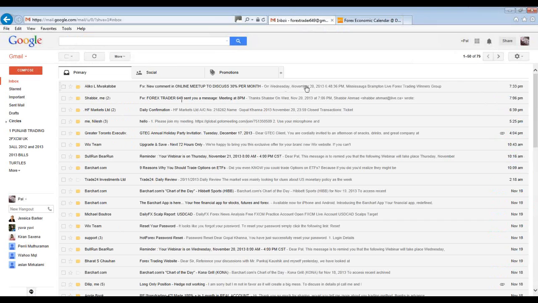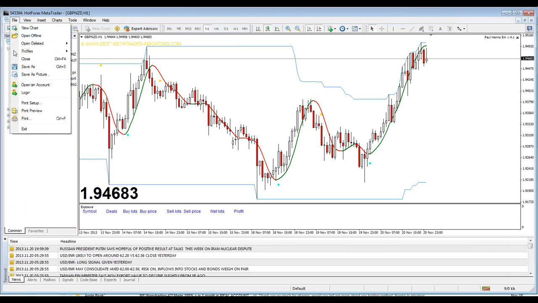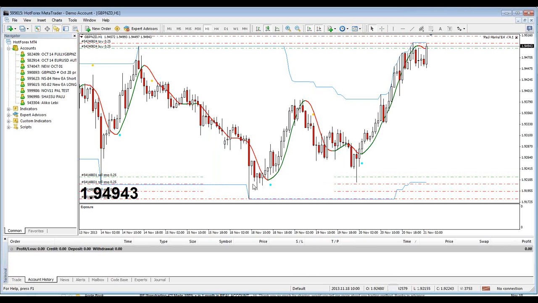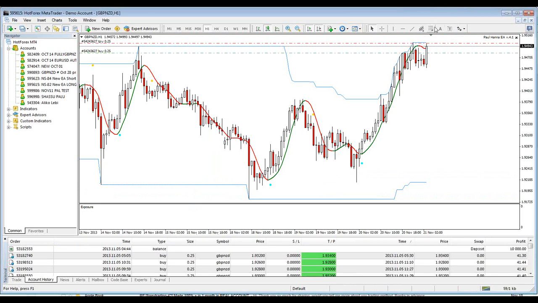Dilip, see if you can send me that email. Okay, and I'll give you the account number. You give me the account number, or I give you the account number there. 595615. Okay, you want me to log into that one? Log in here. 595615. That's the one here. Let's see here. What we have in this one is